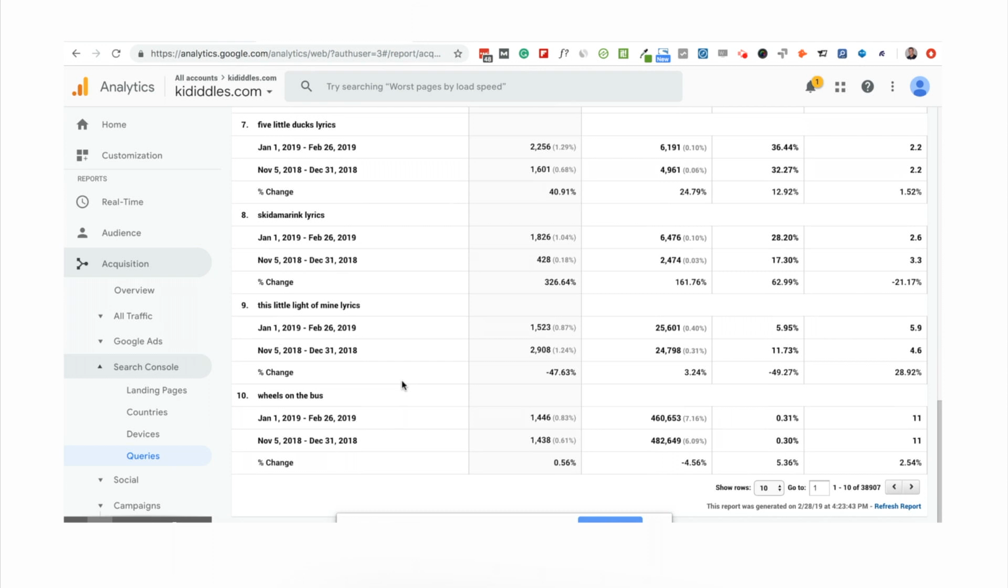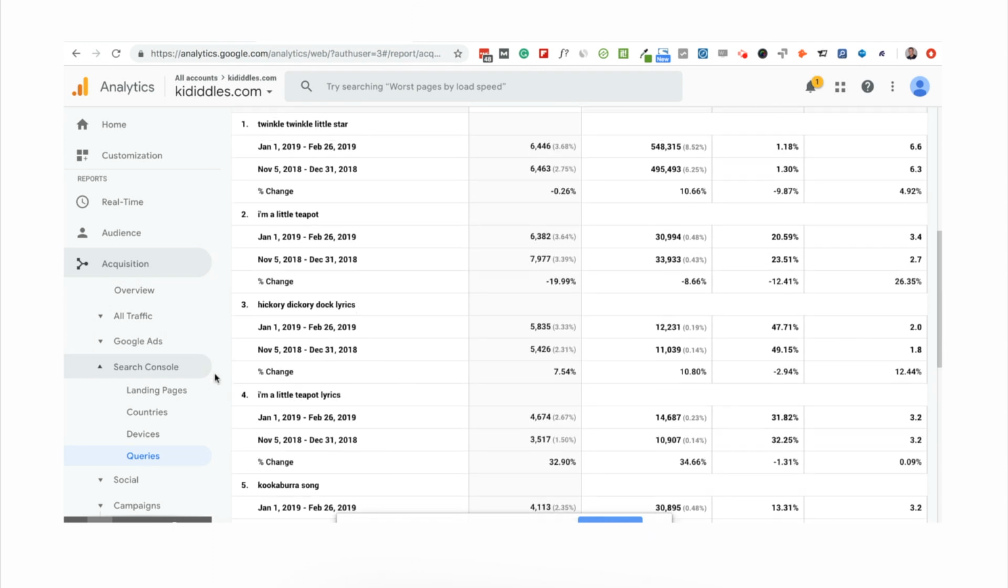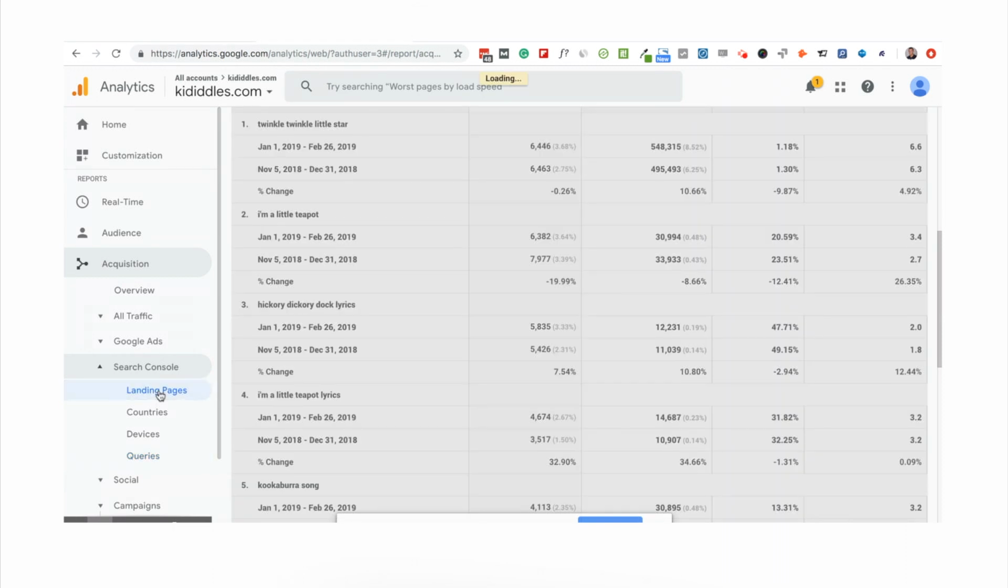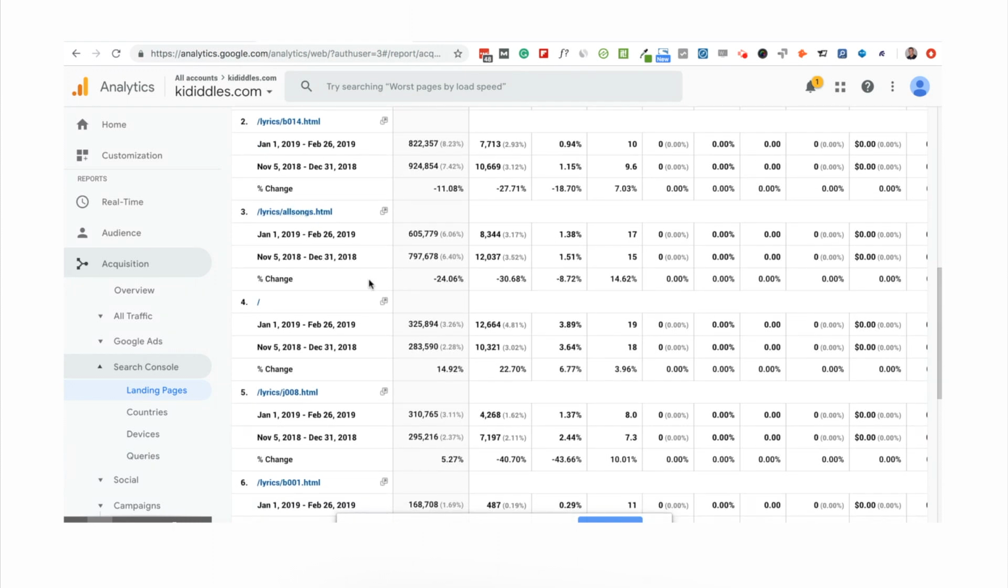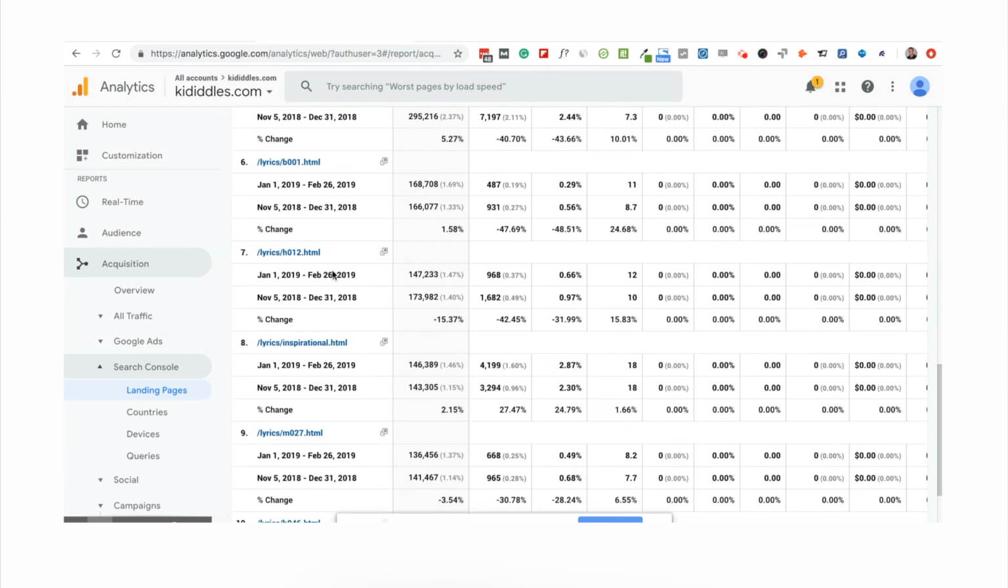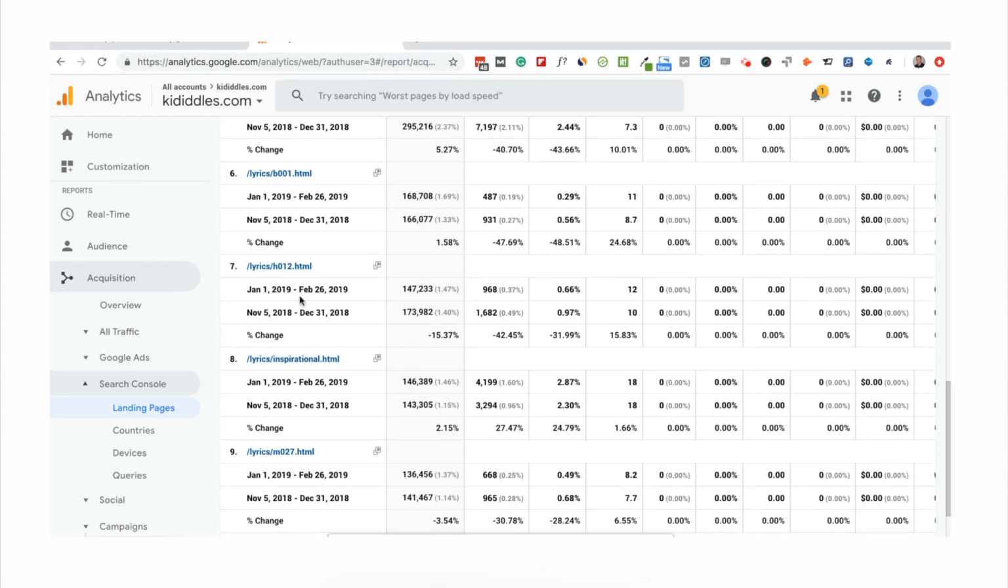And so what I should do now is go in and see the associated pages, which in Search Console are landing pages. I can go in now and look at those specific landing pages that have lost the traffic. So here is Lyrics H012, that's my Little Teapot page. So now I can go into this page and see if there's something that I can do to augment it. I may want to take that exact query out of Search Console, Google it myself,